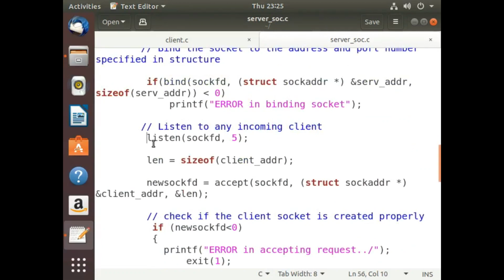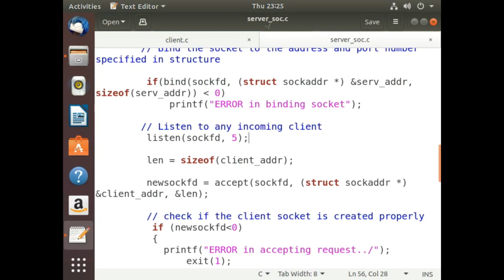Once we have performed binding, the next step is to listen for any incoming client requests. For that we have another system call, listen, and we have to specify the file descriptor of the socket through which we listen. How many client requests we can handle, we specify as the second argument to the listen function.